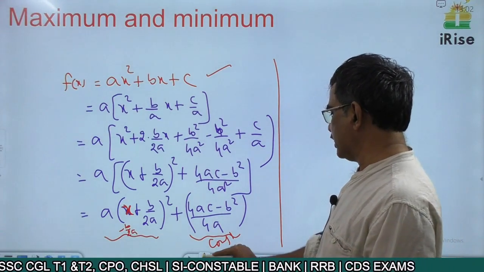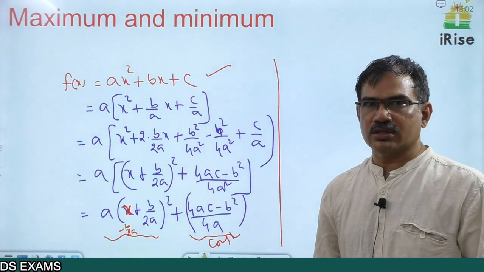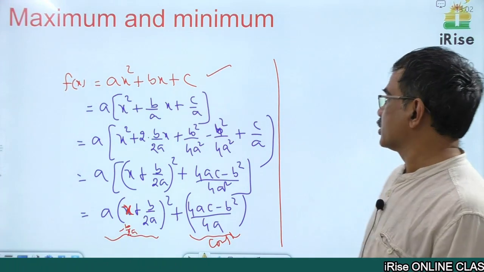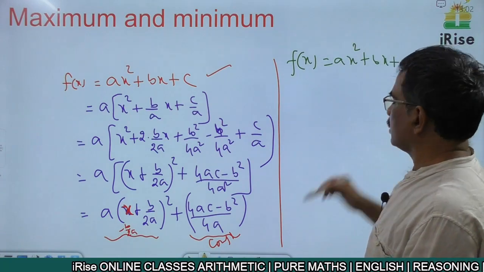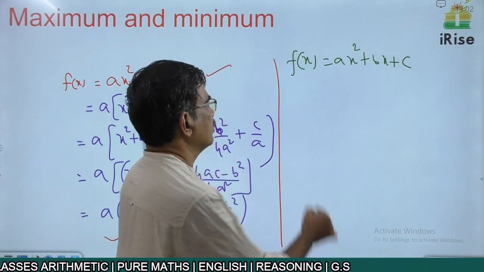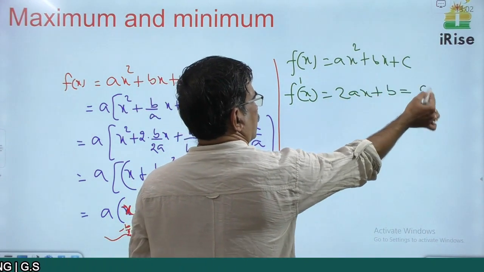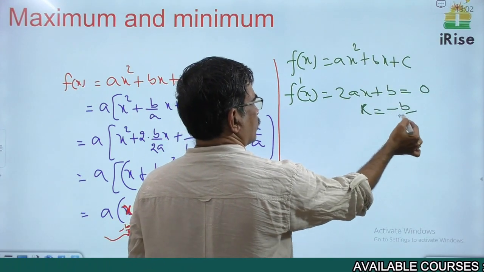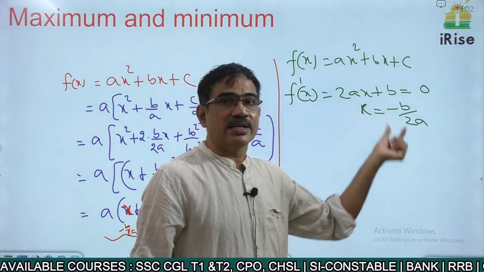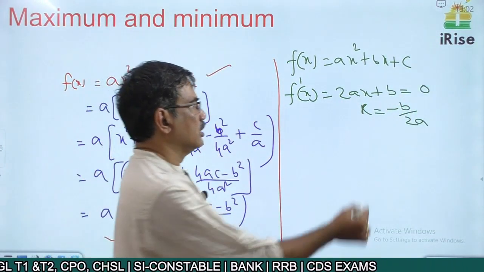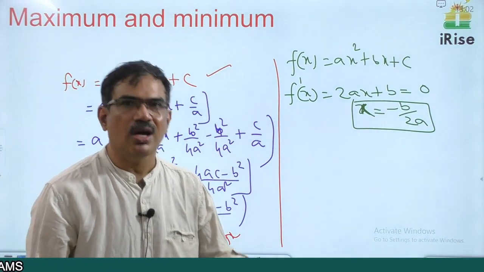Based on differentiation. If you are mathematics students, then it's very easy to understand. If there is a function ax square plus bx plus c, in intermediate we have the maximum and minimum concept. First we find f dash x, which is 2ax plus b, and equate it to 0. We get x is equal to minus b by 2a. When the first derivative is equated to 0, we get the point at which it has a maximum or minimum. So at x is equal to minus b by 2a, it has either a maximum or a minimum value.